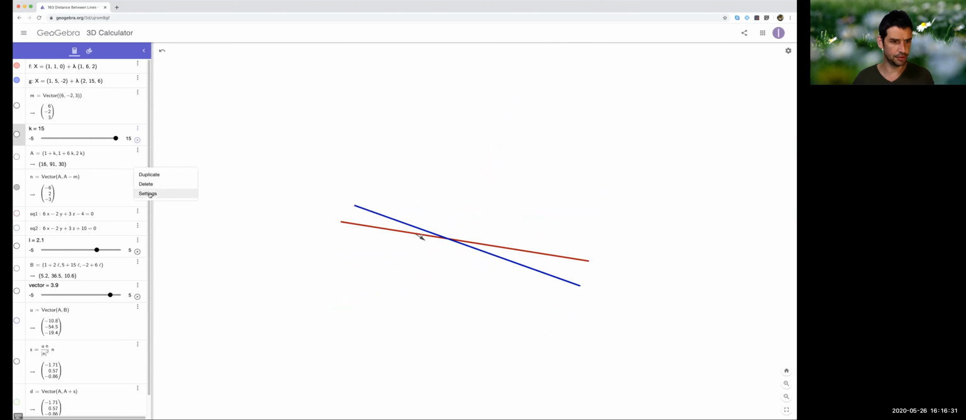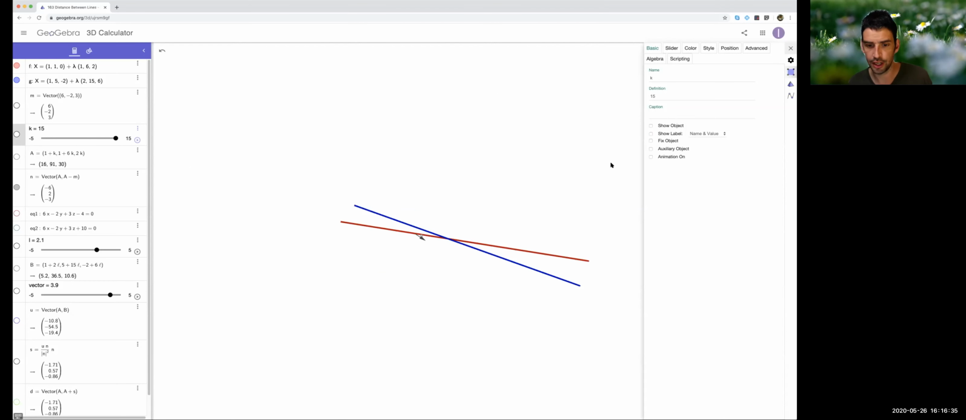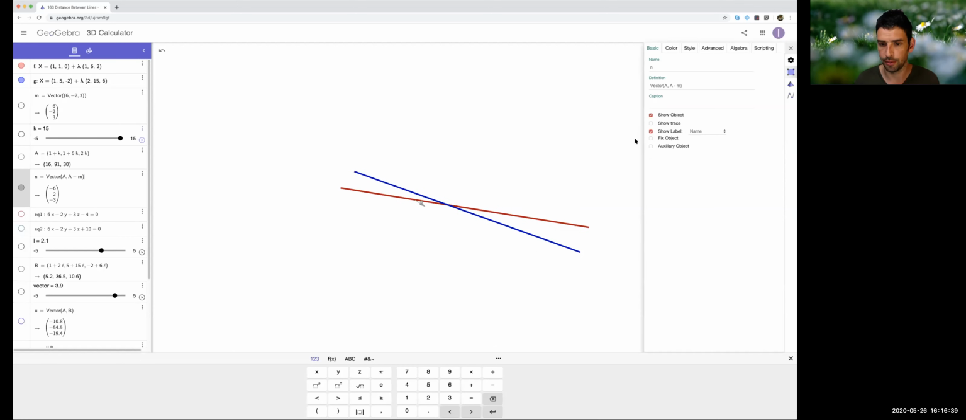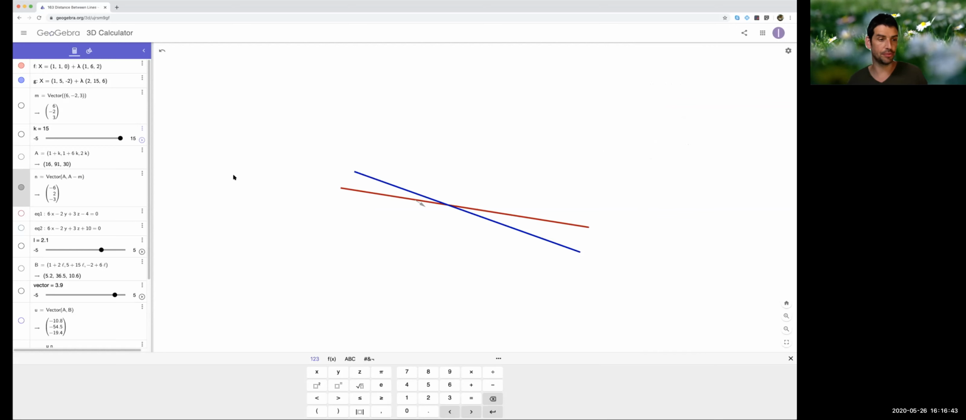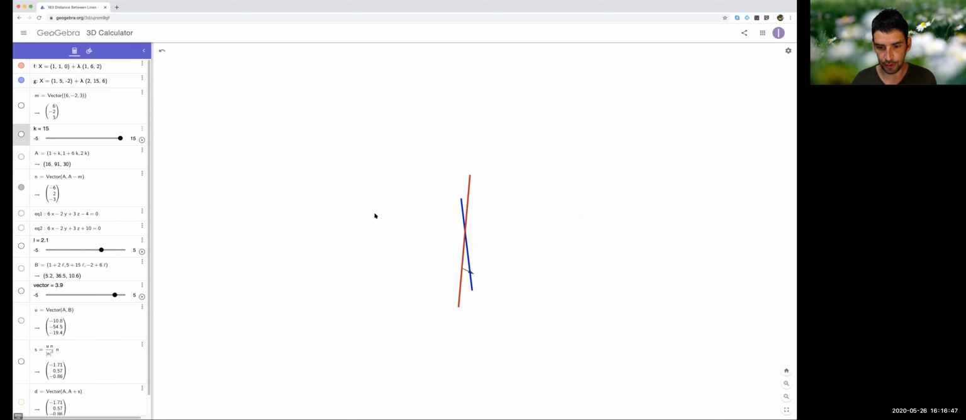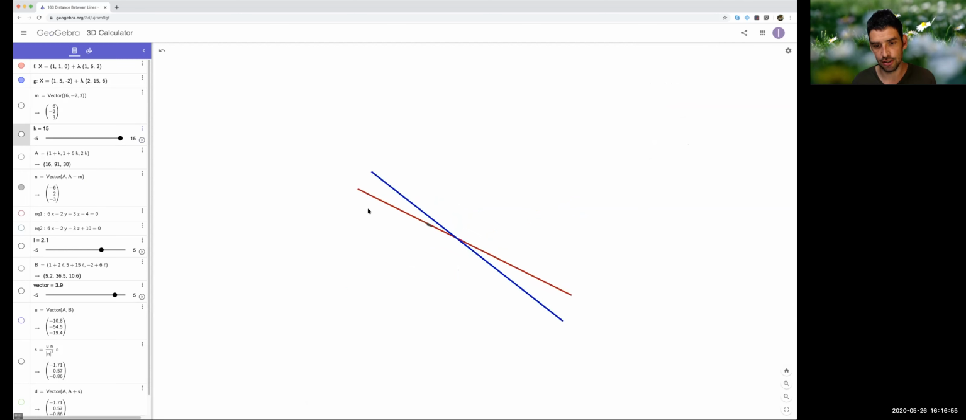I think I'll remove that little name. It doesn't seem to help. Oops. Sorry, there we go. So there's our vector n that's perpendicular to both direction vectors. And notice right now it's pointing from the red line off into space, and it's not hitting that blue line, right? But if I slide it along